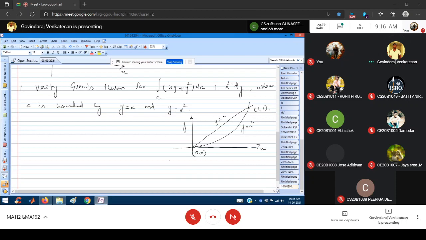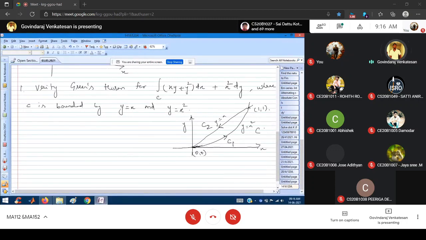Okay. So here, this is my closed curve. It starts from the origin 0, 0 to the point 1, 1 and from the point 1, 1 to 0, 0 in this direction. This is my closed curve C. The curve is moving in the anti-clockwise direction. For example, I can denote the part from 0 to 1 as my curve C1 and the part from the point 1, 1 to the point 0, 0 as my curve C2. So this entire curve is a closed curve, which I can denote as capital C.